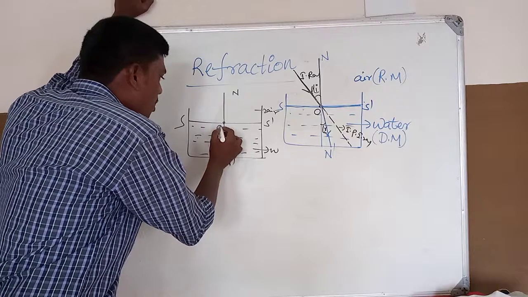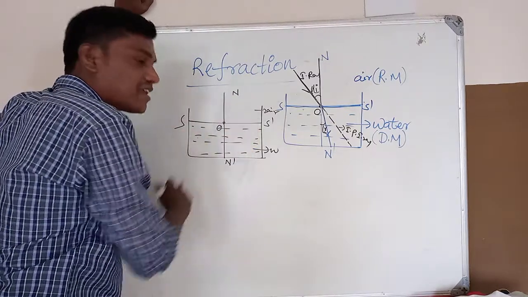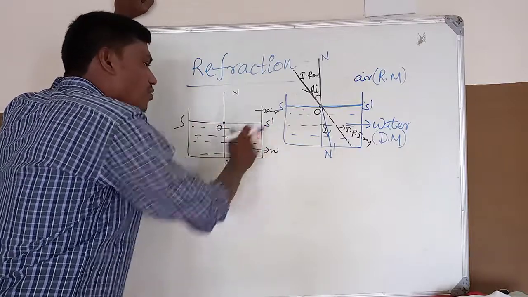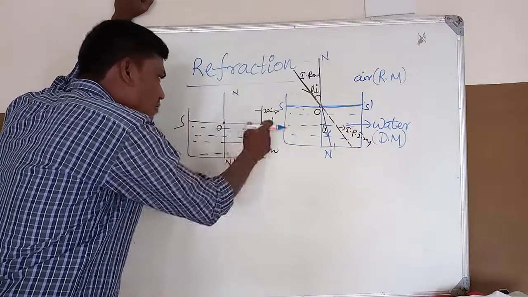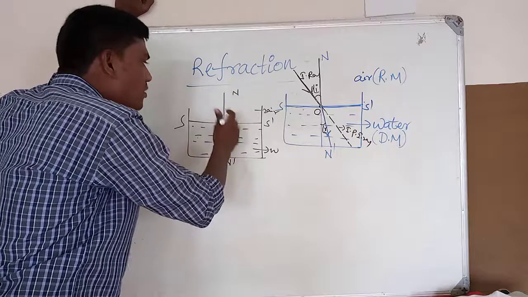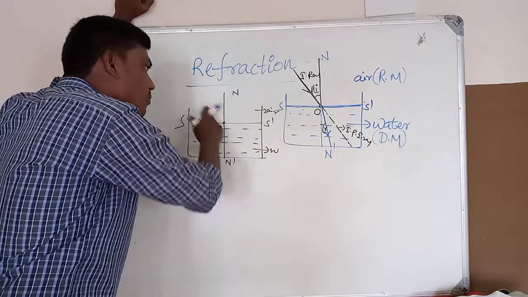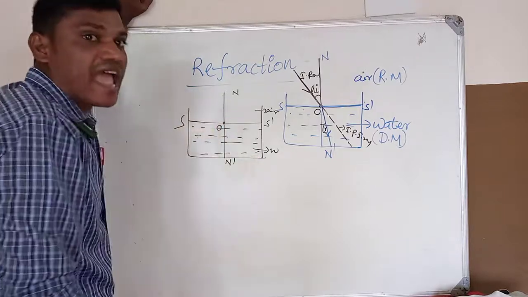Here ON is the normal for SS dash in the rarer medium and ON dash is the normal for the denser medium, because NON dash is the normal for SS dash. Now I say that if the light ray does not fall obliquely onto the refracting surface SS dash, obliquely means making a certain angle with the surface,